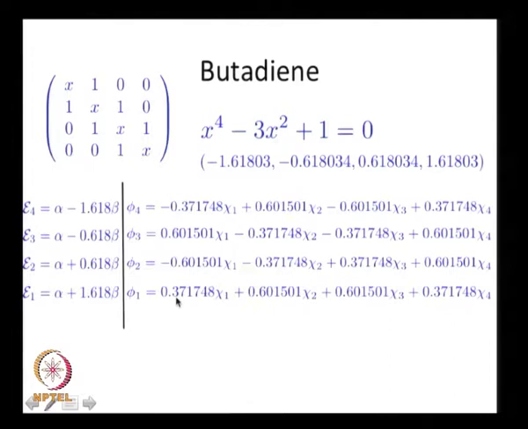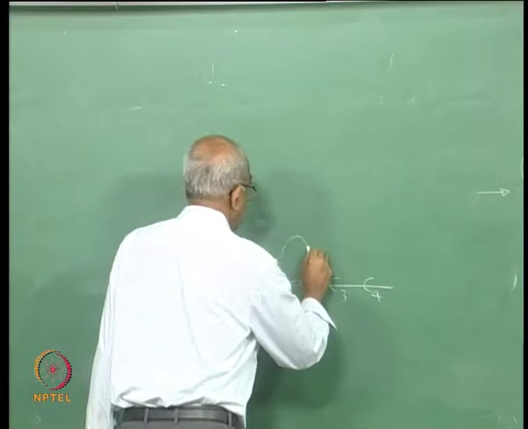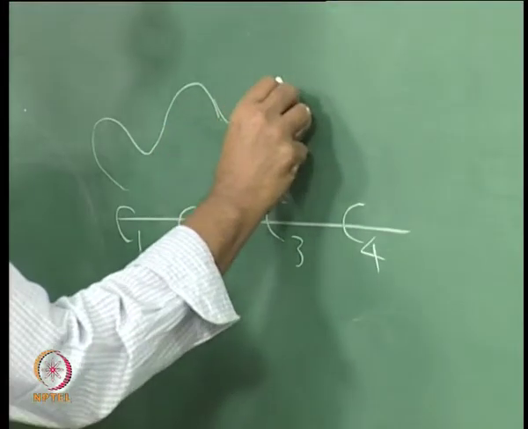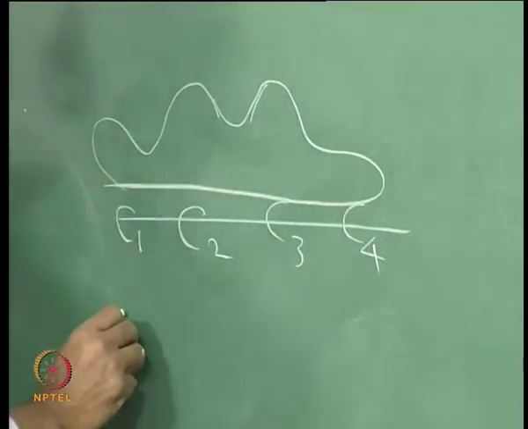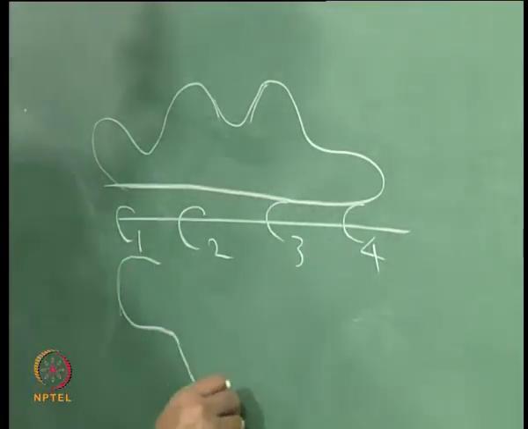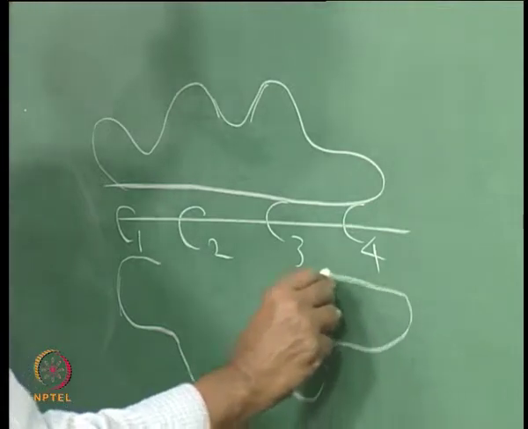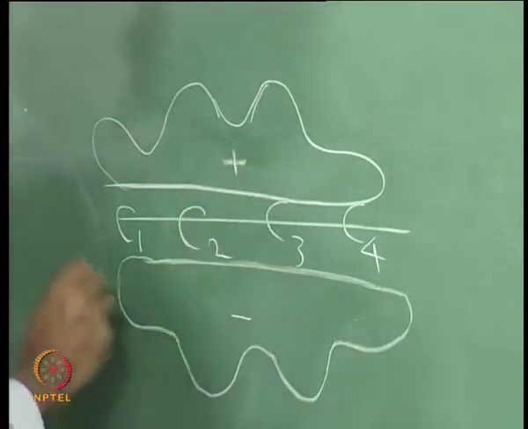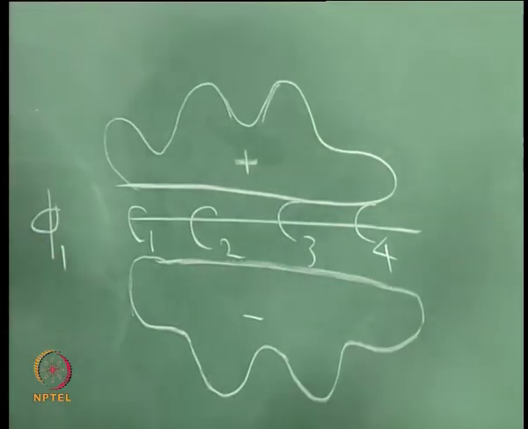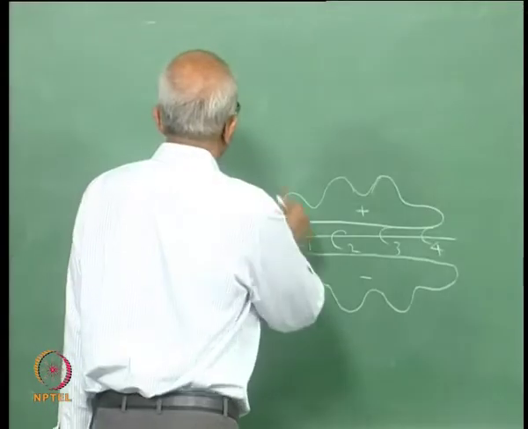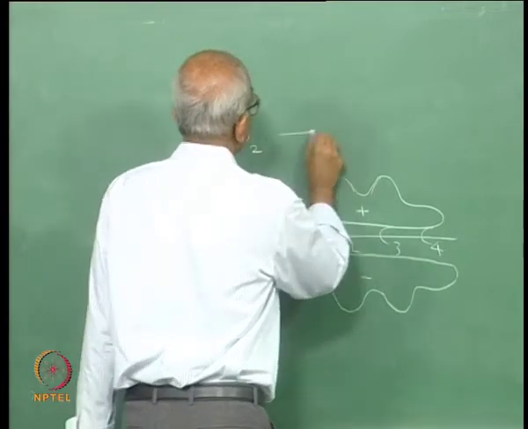If you look at the expression, you will find that all the orbitals are occurring with positive sign. Not only that, the middle two atomic orbitals have a larger weightage. So, how will you draw this? The answer is actually quite simple. So, this is the way, this will be plus and that is minus, this is phi 1. In a similar fashion, you can look at the coefficients and make plots of the other molecular orbitals. Let me just draw them.